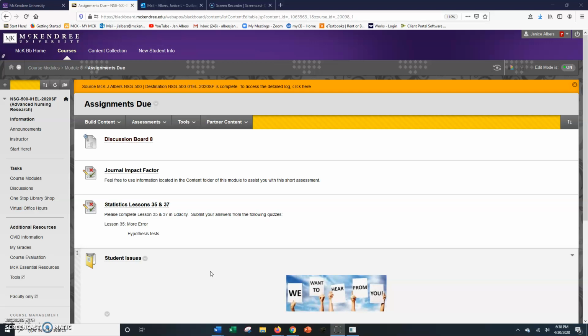we've done in the past as far as looking at your student learning outcomes, which you will be examining in your discussion board. So just know that the content that you need to complete the journal impact factor assessment is included within the content folder of module number 8, and you can use the content folder as you're completing the assessment. That's not a problem